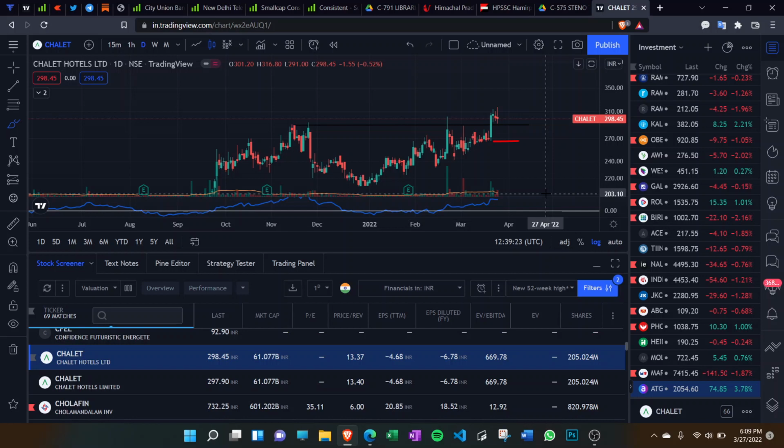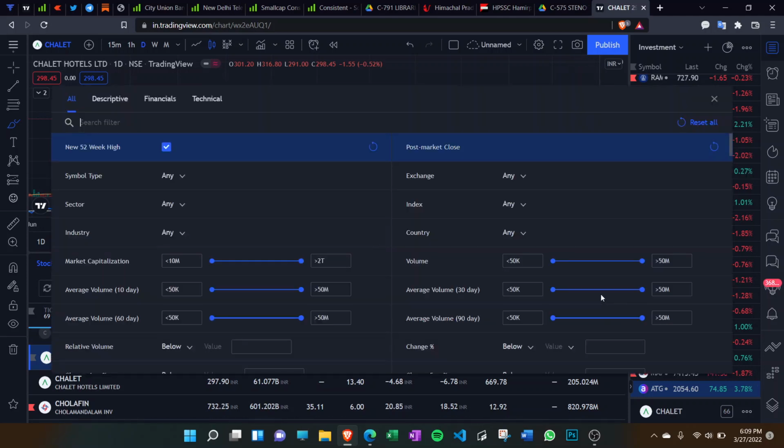Why 52 week high? Because we are looking for stocks that are relatively stronger and performing better than the market. That's why 52 week high. So the other method I told you: just go to the filter and remove this filter of 52